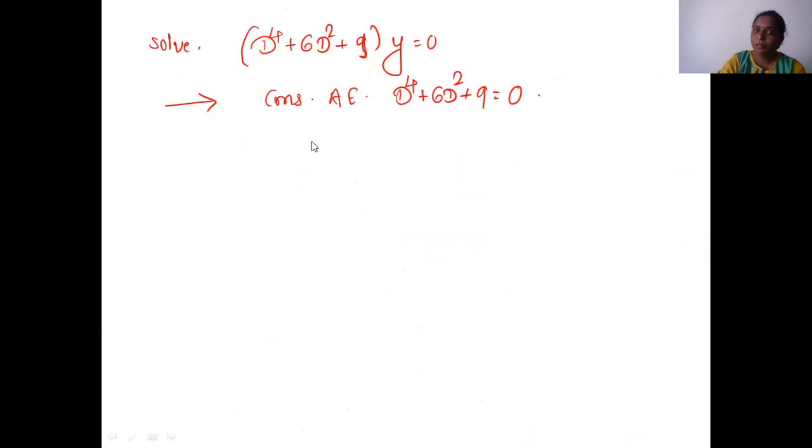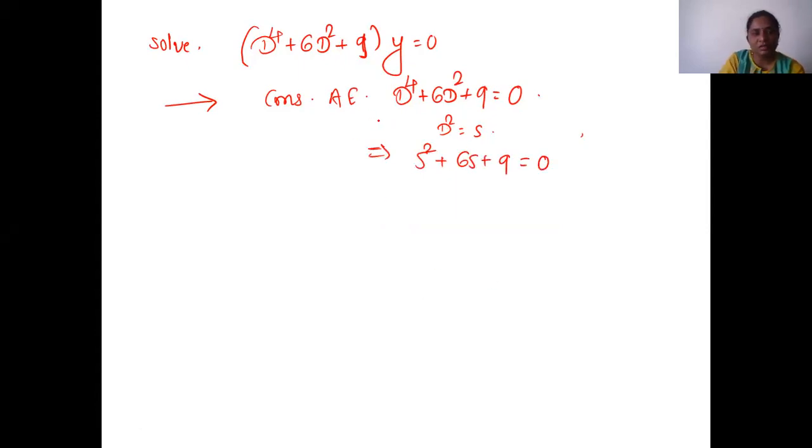But if you see fewer terms and substitution is okay, then we can go for substitution. That is, if we put d square is s, it is not complicated. There is no root s or s raised to 3 by 2. It is simple, s square, and like that. So we can use substitution in this case. If we put d square is s, what is your equation? s square plus 6s plus 9 equal to 0.